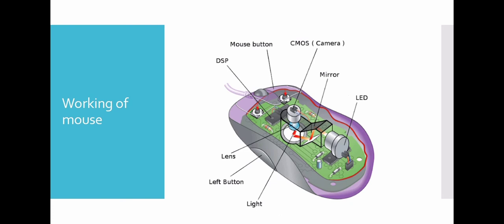It is the same kind of technology that is used in digital cameras. When you move your mouse, the CMOS sensor records the surface that you are moving the mouse on. By tracking the movement of the surface, it can tell which way you are moving the mouse. The mouse has a small red light emitting diode, known as the LED light, that emits light onto the surface and onto the CMOS sensor.